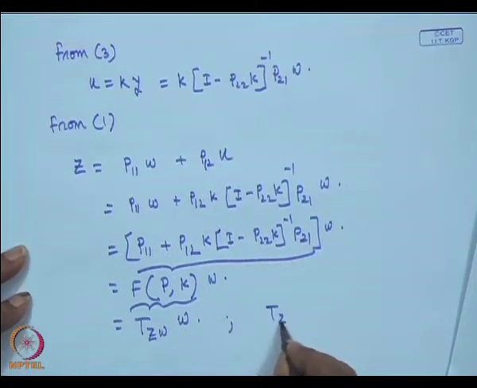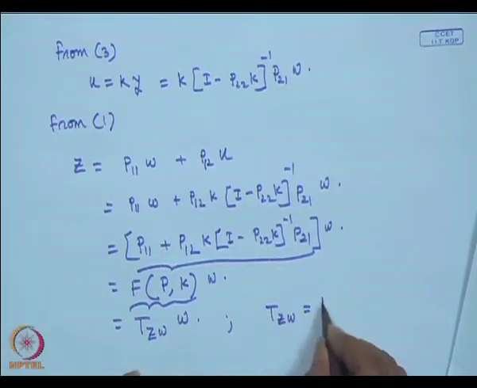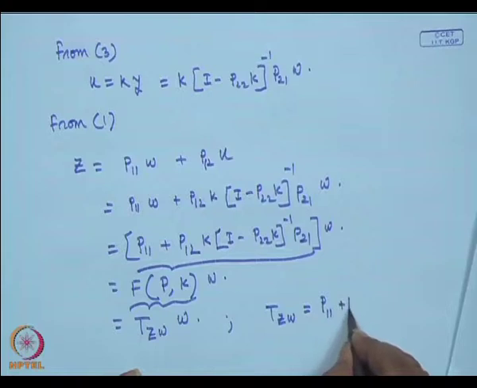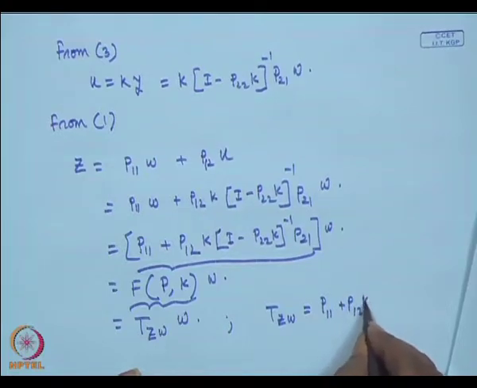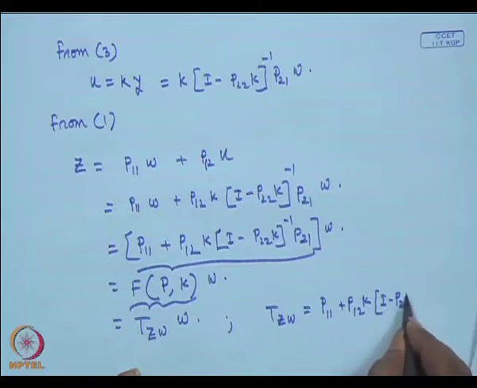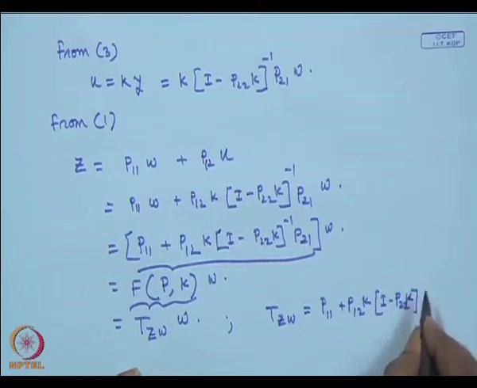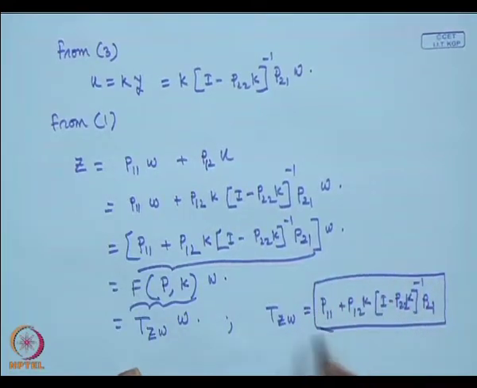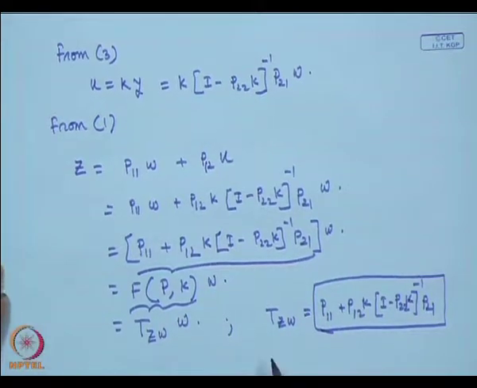T Z W between the input and output is equal to P11 plus P12 K I minus P22 K whole inverse P21. So, this is our transfer function, and this transfer function is very useful when you will design